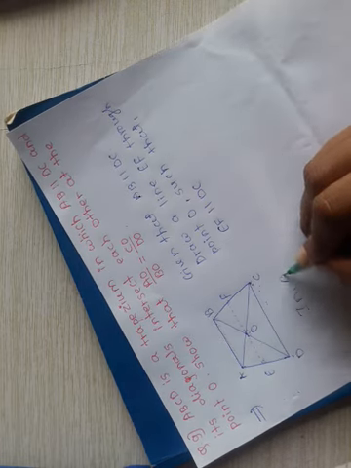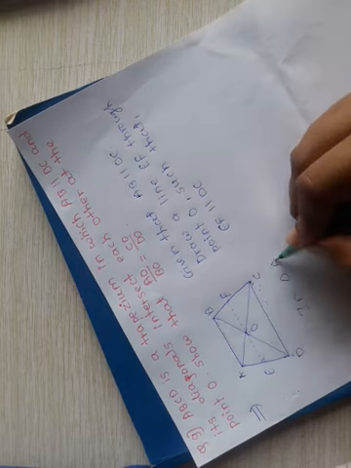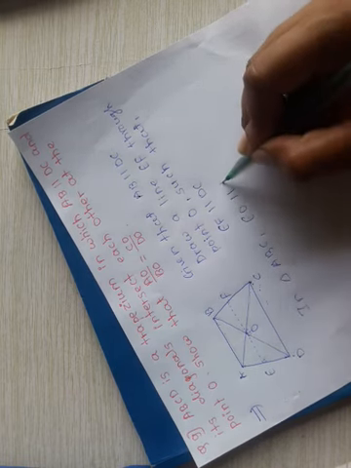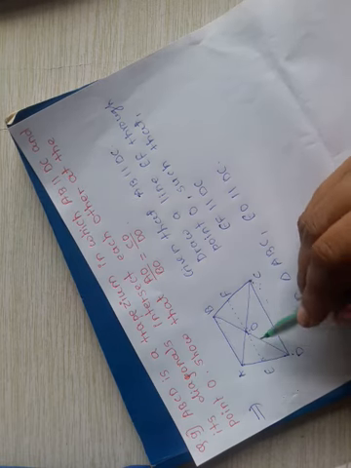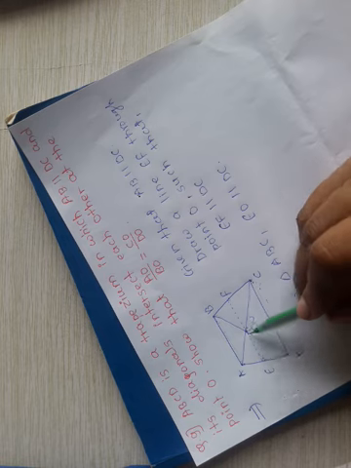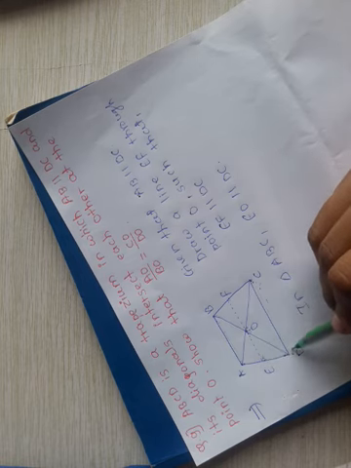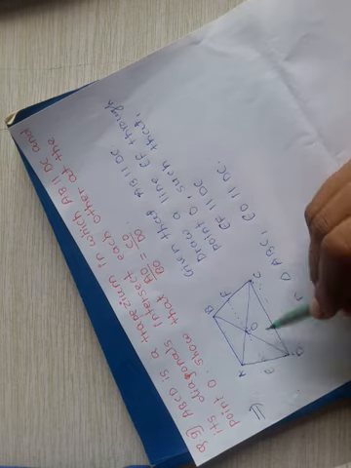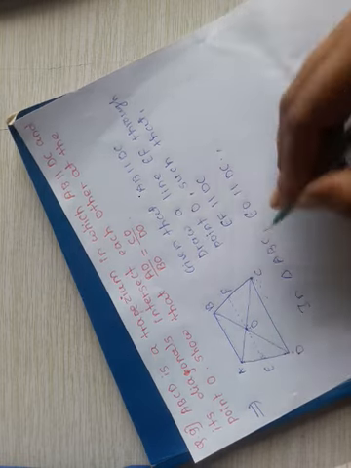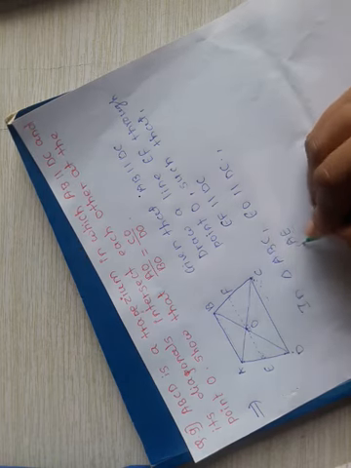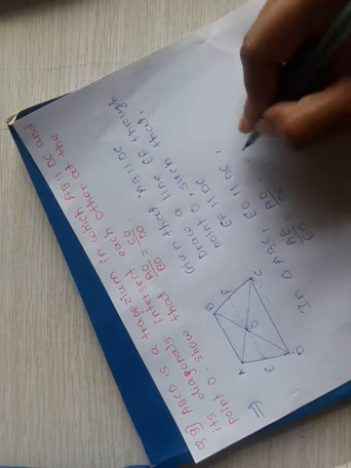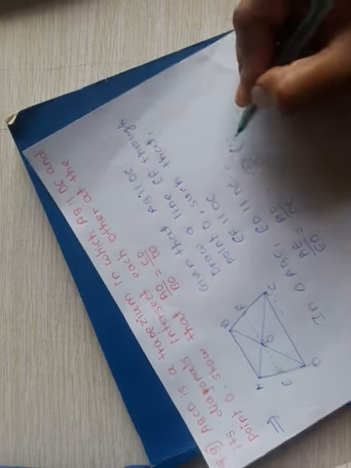So now take the triangle. Now in triangle ADC, this EO is parallel to DC. If a line divides any two sides of a triangle and it is parallel to the third side of the triangle, then the ratios must be equal. Means this EO is parallel to DC, so we can say that the ratios are equal. So AE upon ED must be equal to this AO upon OC. This is our equation number 1, and which theorem do we use here?